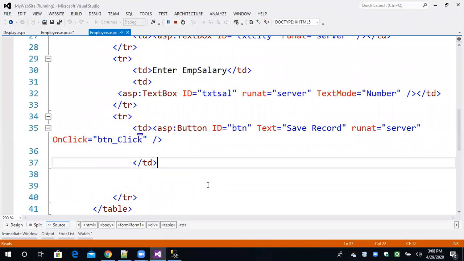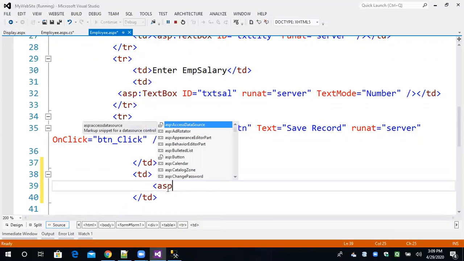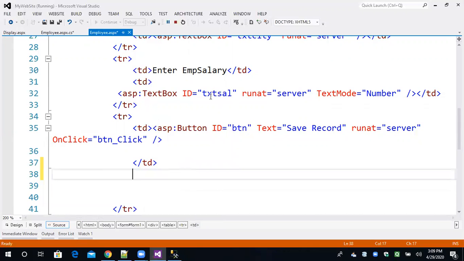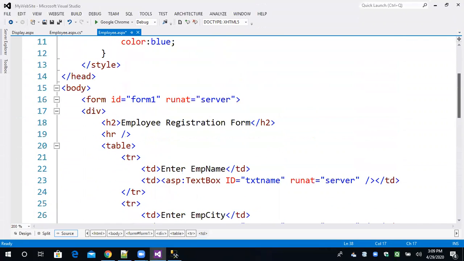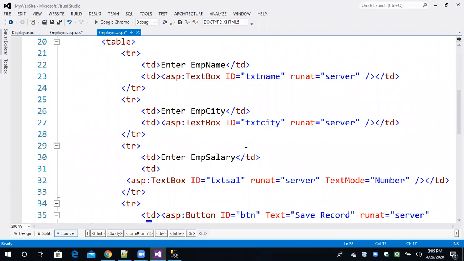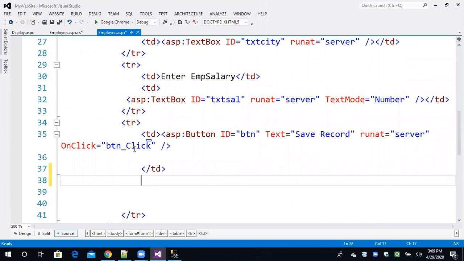What we have to do, I just want to create one button beside the save record button. One minute. Maybe I've taken this step very fast. So first of all, I have to open the employee.aspx. In the employee.aspx, this was the page we created in the last class, with employee name, city, salary, and at the bottom the save record button is already there. TR means the row and TD is the column. So in the first column, the save record button is appearing, and one more button I want to create. So TD